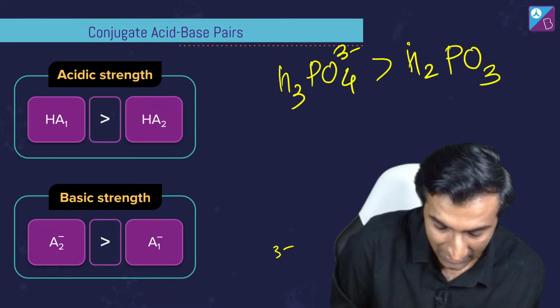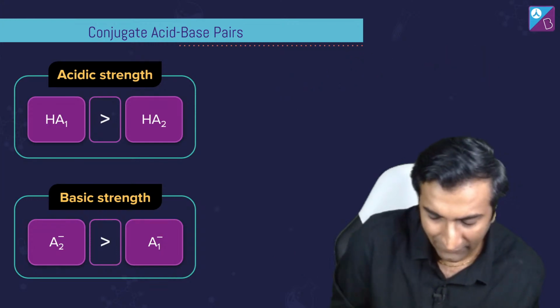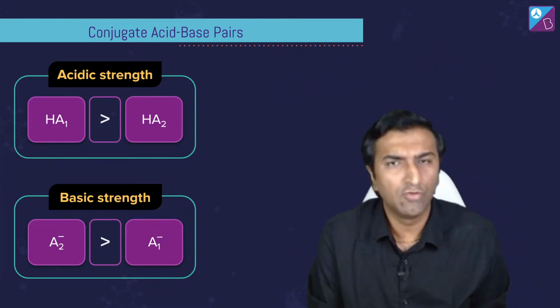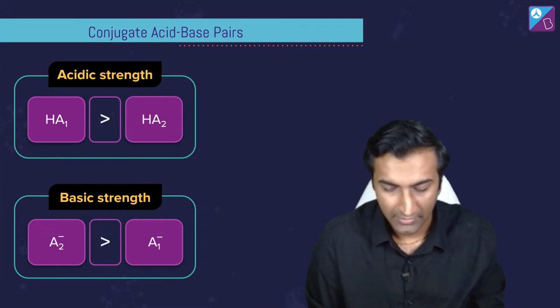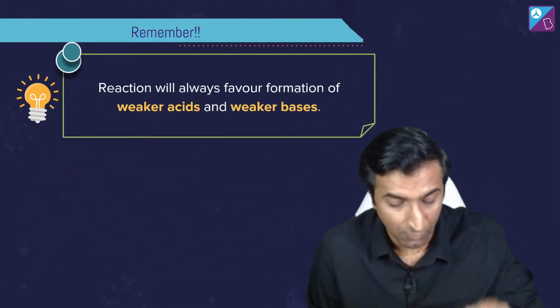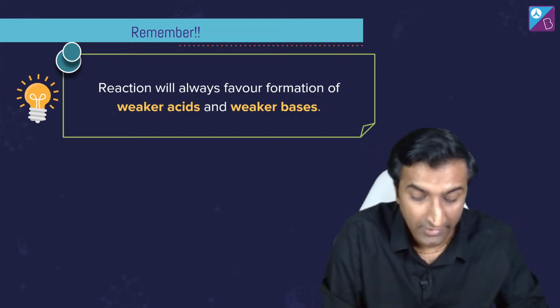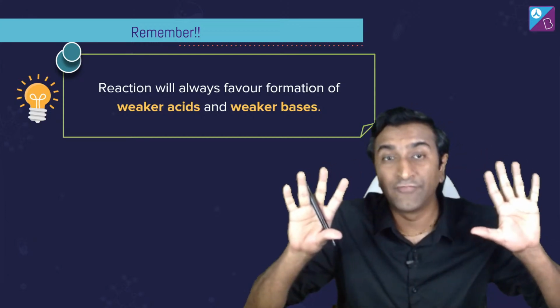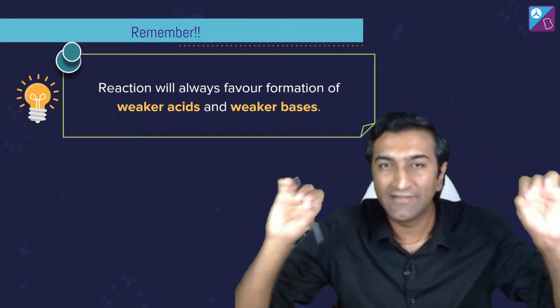खैर इस चीज के बारे में we'll talk about this later when we do hydrolysis again. अभी के लिए when we do polyacids, polybases, this will be clear. At this point you can skip this. But the more important point here is this. इसलिए वो fancy animation हुआ. Reactions will always favor formation of weaker acids and weaker bases.